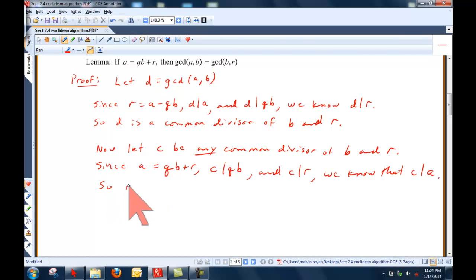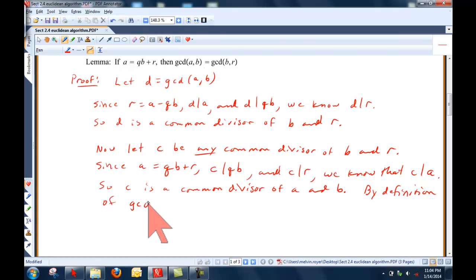So C is a common divisor of A and B. We already knew C divided B, now we've shown C divided A, so it's a common divisor. But then by definition